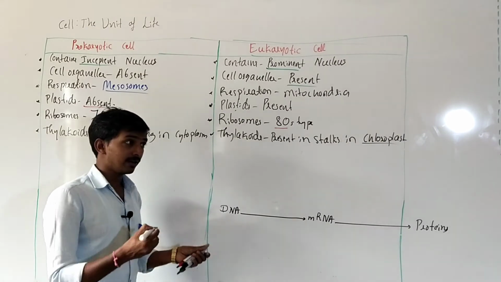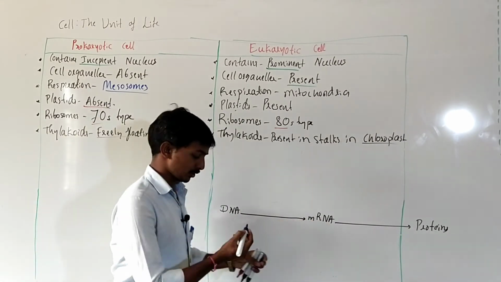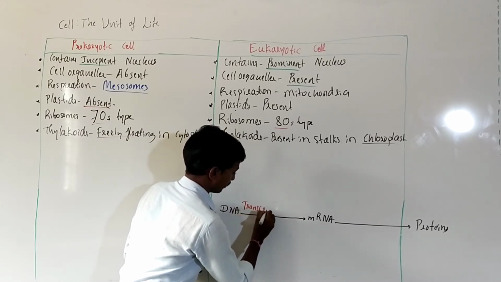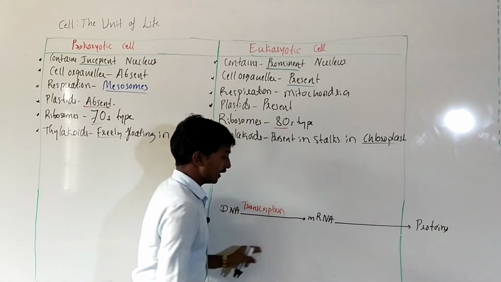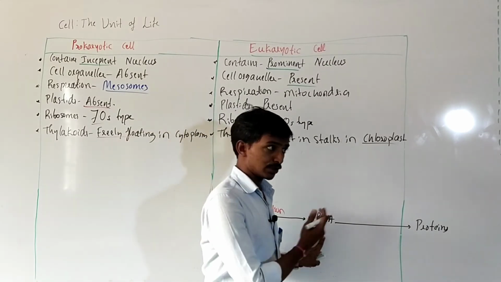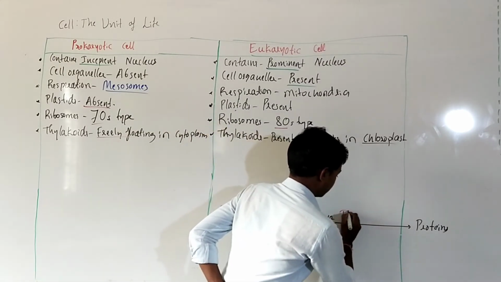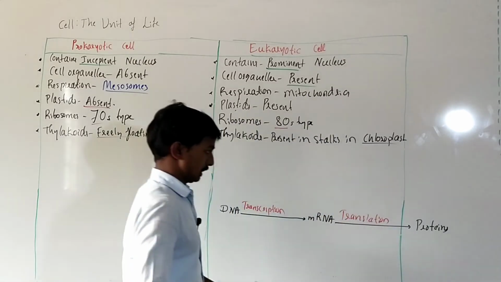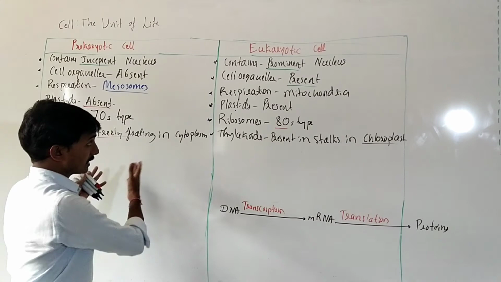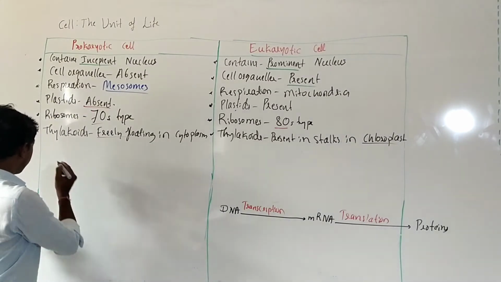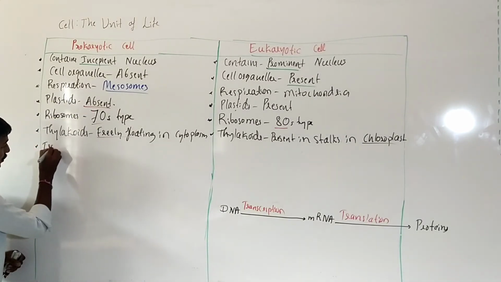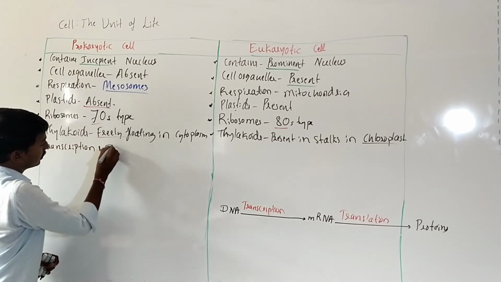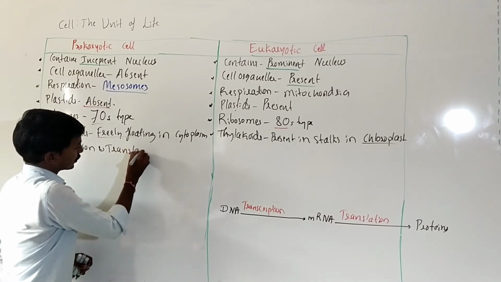The process where DNA converts into mRNA is known as transcription, and the process where mRNA converts into proteins is called translation. The difference between the two is, first, in prokaryotes, transcription and translation